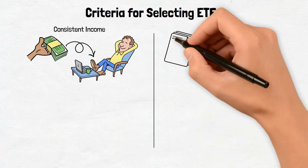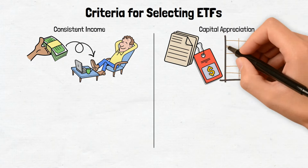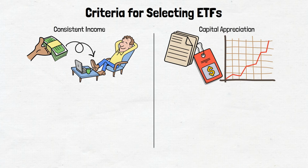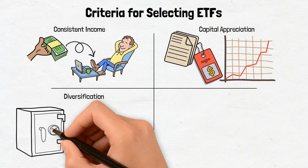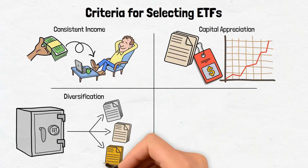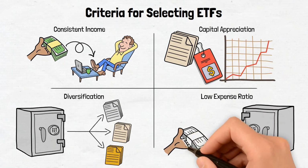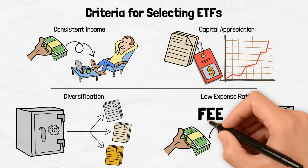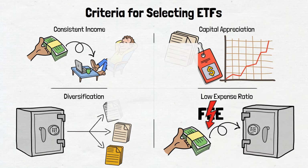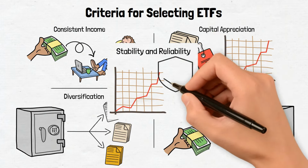Capital appreciation is also crucial to me, so I select funds with a track record of increasing in value, significantly boosting my overall returns. Diversification is key to managing risk, ensuring that my ETFs include a variety of holdings across different sectors. Keeping costs low is vital, so I prioritize ETFs with low expense ratios to keep more of my money invested. Lastly, I seek stability and reliability, selecting ETFs that have performed well over time and demonstrated resilience through